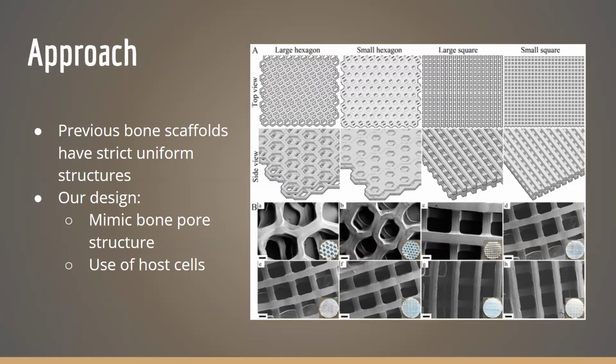As most bone scaffolds have rigid structures, such as lattices or hexagonal shapes, which do not withstand the varying shear and torsional forces applied to the scaffold post-implantation. In order to improve upon current bone scaffolds, our design is meant to be an easy transition into the patient's biological system by mimicking the pore structure of the bone as much as possible and utilizing the host cells in